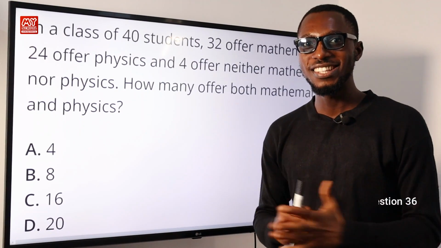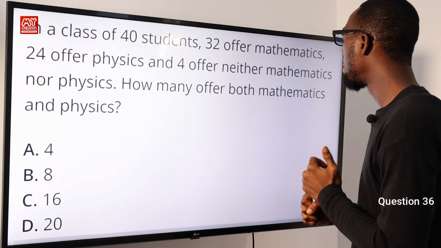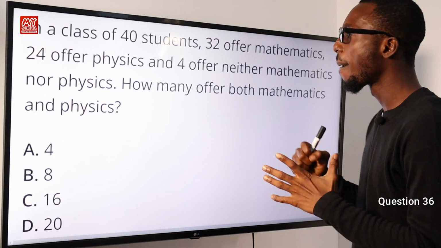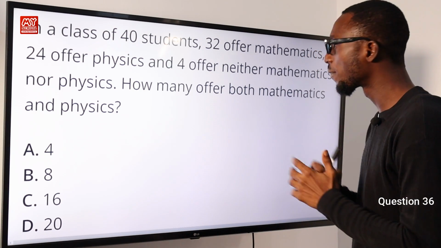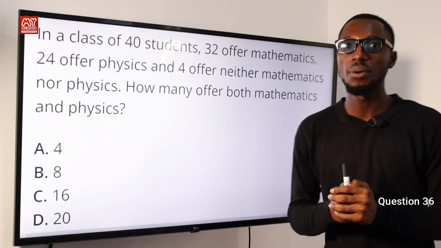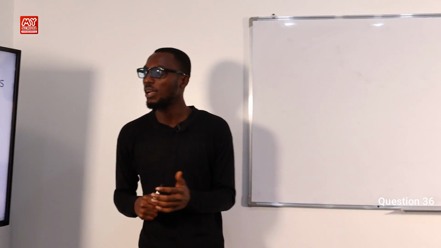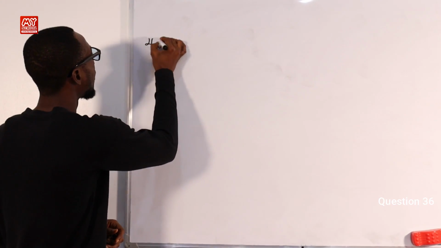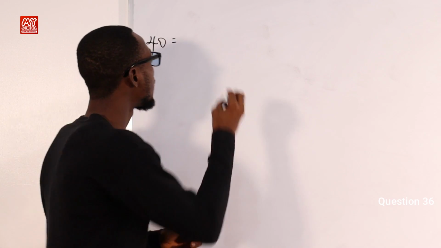Question 36. In a class of 40 students, 32 offer mathematics, 24 offer physics, and 4 offer neither mathematics nor physics, okay? How many offer both mathematics and physics? So very well, what we just have to do is to employ this small equation. Given the universal set as 40, equals, okay, the number that offer mathematics, we have